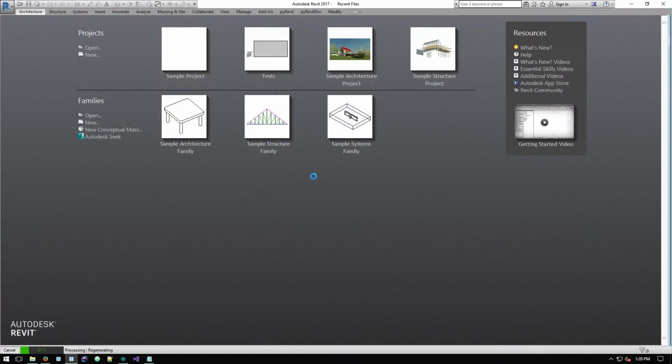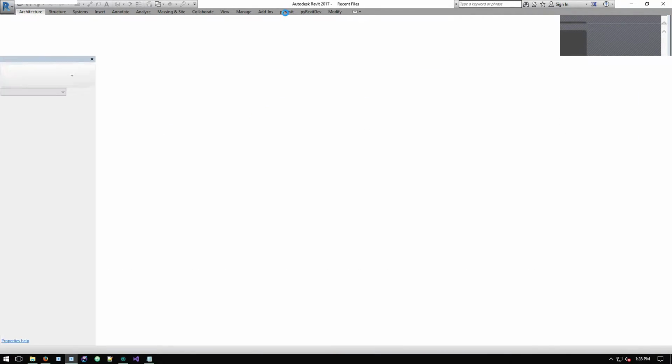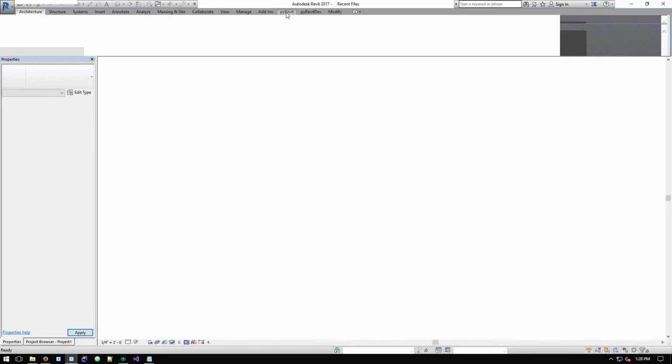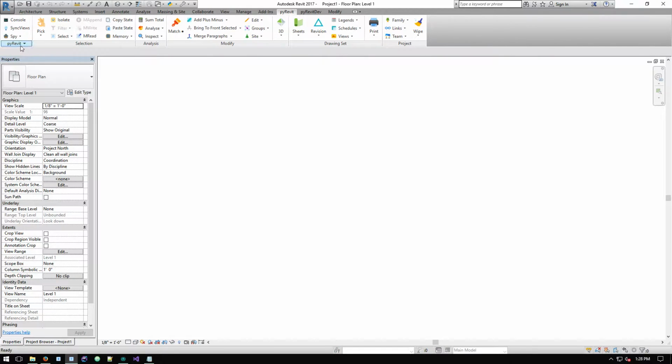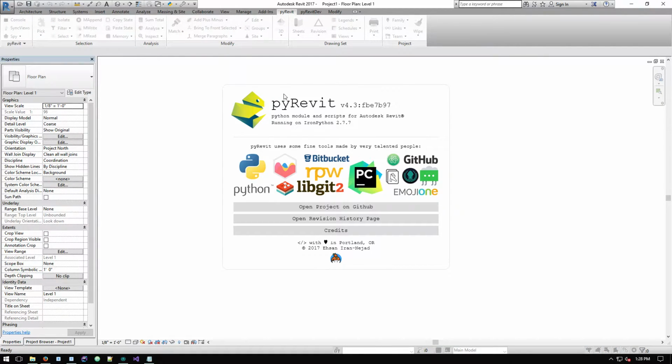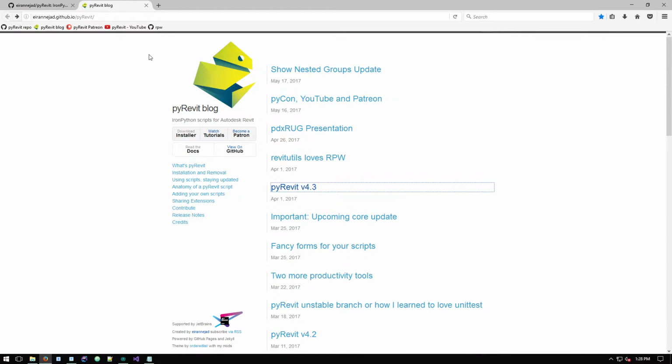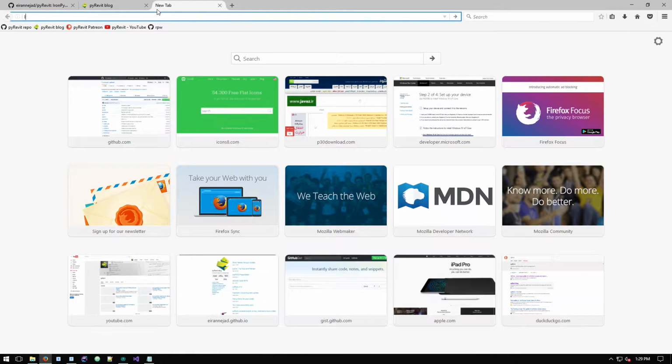you have one document open so you have access to all these buttons inside the pyRevit panel tab basically. So if you open that, now you can go under the pyRevit tab and open this and then click on About. And this pops up a window that shows you what version you're running. It also tells you what version of the RPython engine you're running, which is basically, if you search for RPython,